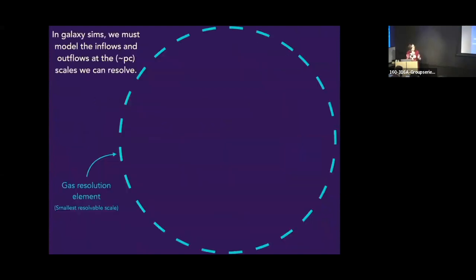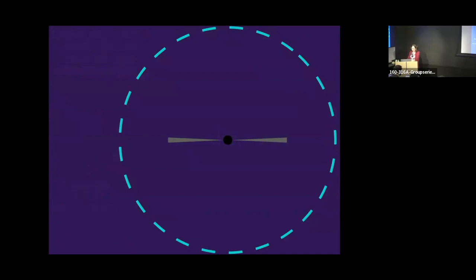But of course, the problem, as we know, is that we can only describe what's happening on the scales that we can resolve. We have to try to say how inflows are happening from the scale we can resolve into the black hole accretion disk system where all this complicated stuff is happening. And we have to describe the emergent outflows at the scale we can resolve. And so there are a lot of choices that we can make in exactly how to model that. And many different simulation collaborations make different choices, which are all quite physically reasonable. So we have to have some model that describes how mass gets from the resolvable scale into the accretion disk system.